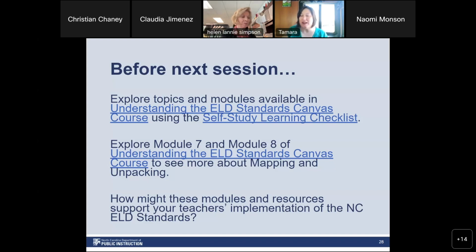And please feel free to invite anybody who you think would benefit from these sessions to join us on our next 2 sessions, where we will spiral back around to some of these things and dig a little bit deeper as well. So just as a reminder of what's coming up on day 2, we're going to take that data dig to look at multilingual learner data and how it can help schools and districts reduce the achievement gap that we might have noticed. And on day 3, we're going to take a proactive approach to multilingual learner data using the English language development standards aligned intervention strategies that you've already had a chance to explore some of.